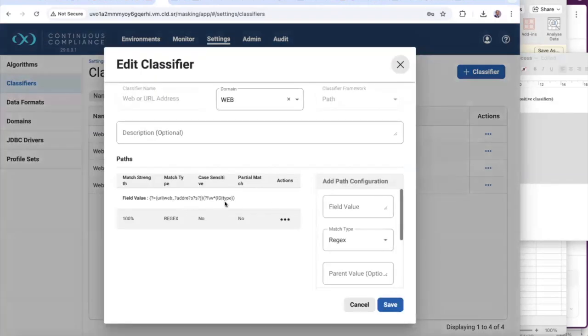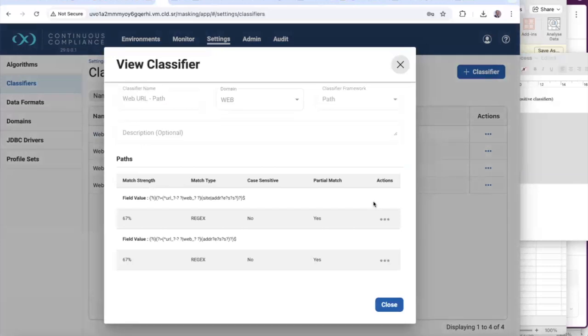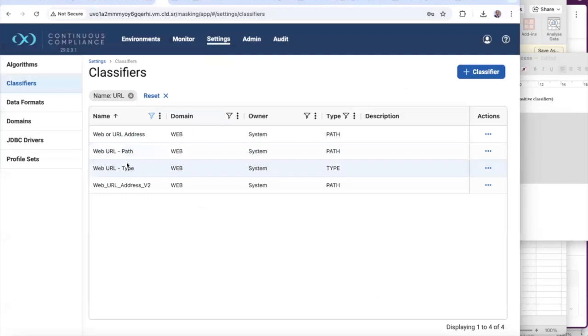So here we've got web address. Now, if you look at our code, it's got website in there, but let's have a view of this. So this should have picked it up. So we have got website in here. So let's just see if this web URL path is actually being used within our